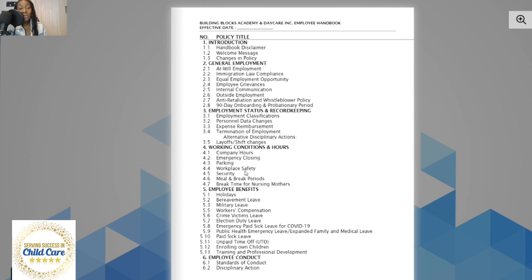security, meal and break periods, break time for nursing mothers, employee benefits, holidays, bereavement leave, military leave, workers' compensation, crime victims leave, election duty leave. Let's see what's next. Emergency paid sick leave for COVID-19, public health emergency leave, expanded family and medical leave, paid sick leave, unpaid time off, also shortened to UTO, enrolling own children, training and professional development, employee conduct, standards of